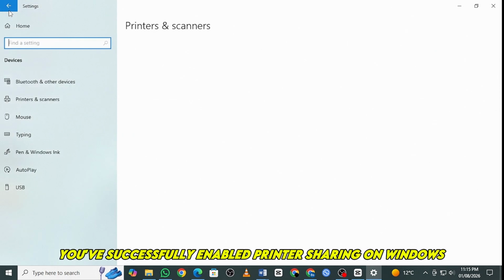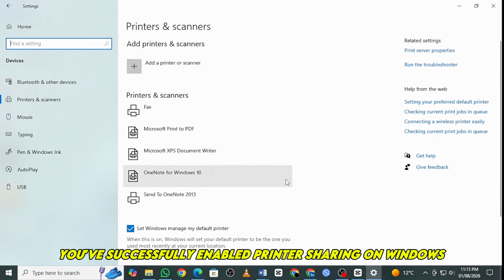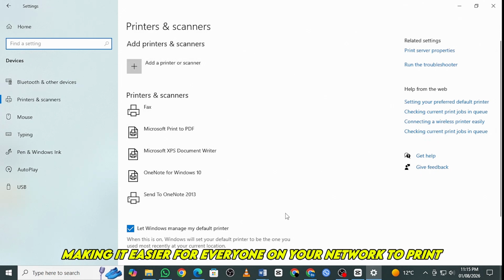And that's it. You've successfully enabled printer sharing on Windows 10, making it easier for everyone on your network to